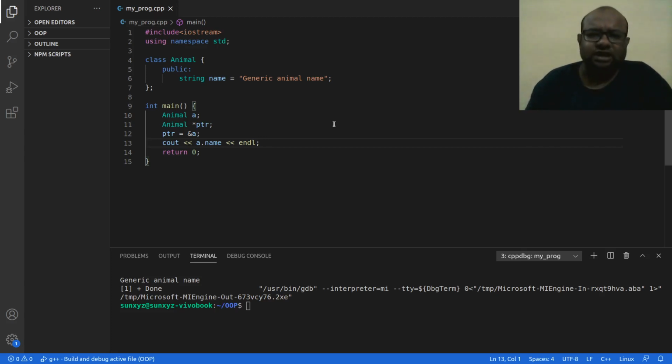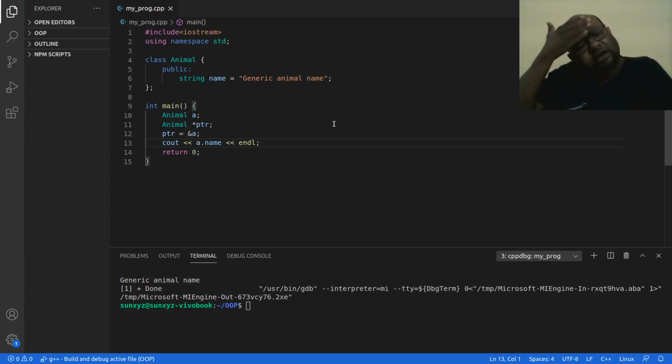This pointer variable is supposed to point to an object of class animal, right? So that is what it says, animal pointer, and that is in fact pointing to an animal object. So A is an animal object, and when I write &A, I get the address of that object, and that object is being pointed to by this animal pointer.